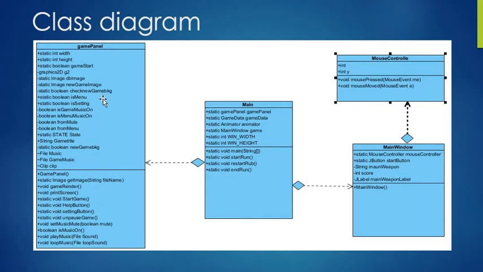if you choose one of those methods. According to that, it's going to render the image on the screen, and that actually takes you to another panel where you can have options, either options to mute the music or options to get to the game instructions. So the game panel aggregates main, and I also added more buttons on the main window, and the main window aggregates the mouse controller